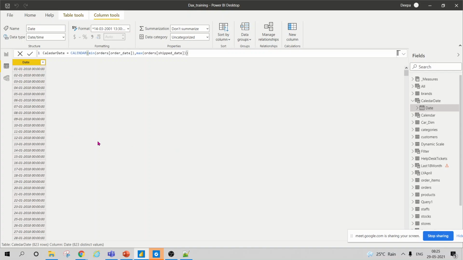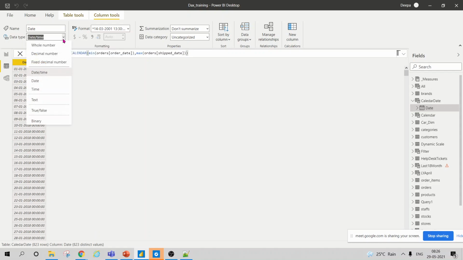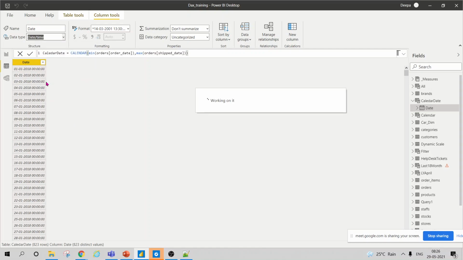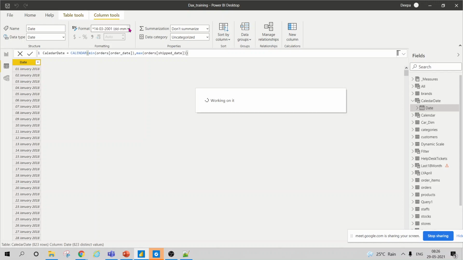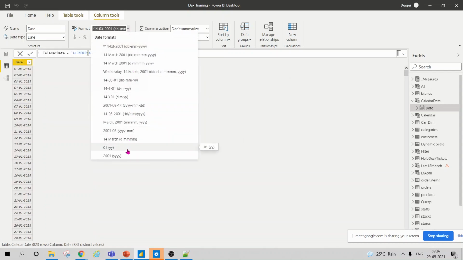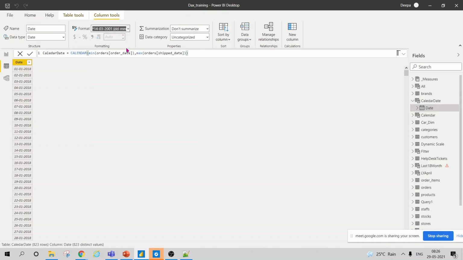Now there are multiple ways to create multiple rows because I want to get multiple columns, since I want to format my date as per my requirement. First of all, this is my date time format, so I can even change it into date format. Secondly, I can even choose the visualization, how I want to see my dates. I can choose any of them. So we have chosen DDMMYY. This is the most suited format.